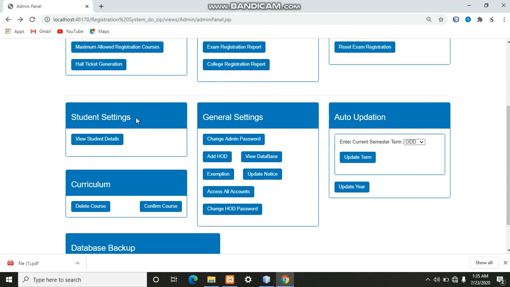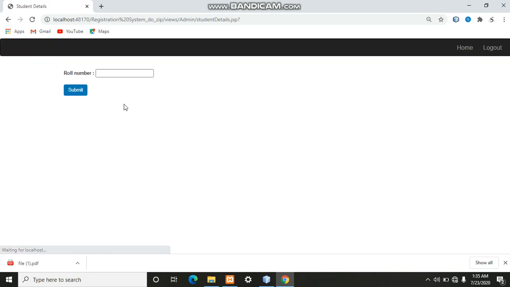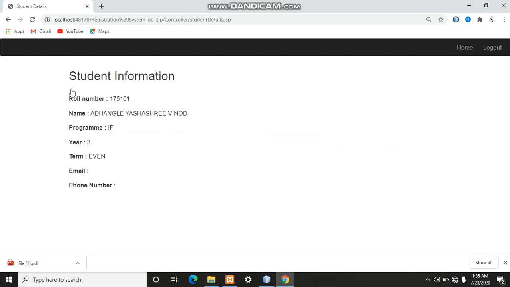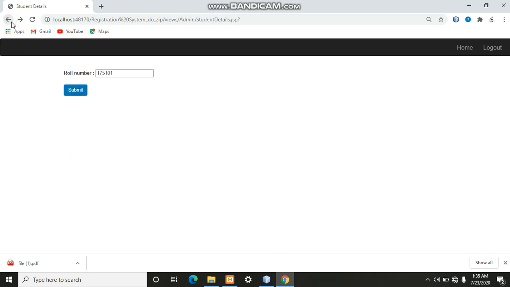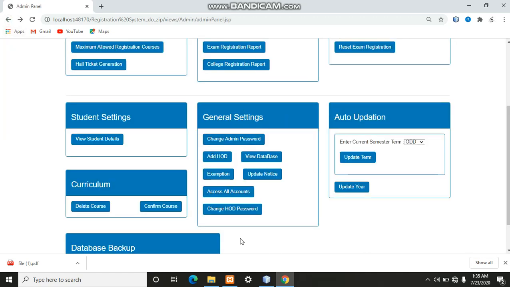Now, in student settings, admin can view any student detail, as I have told you in HOD login also. Yes, look here. After that, in general settings, admin can change his own password and can add an HOD.